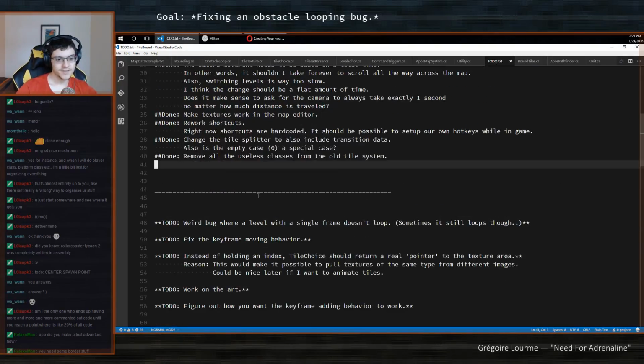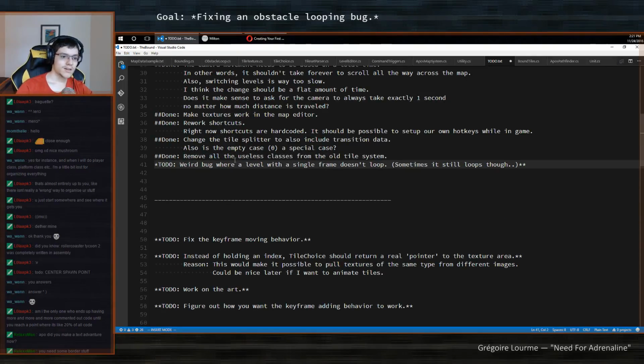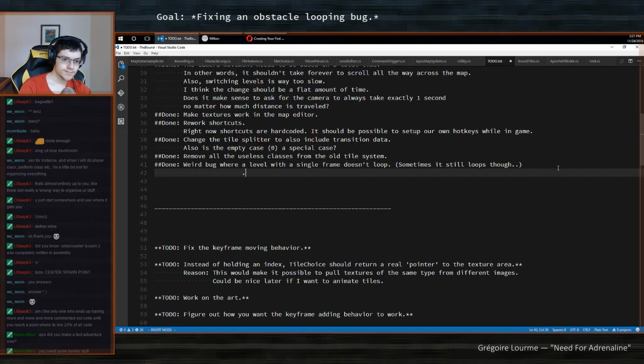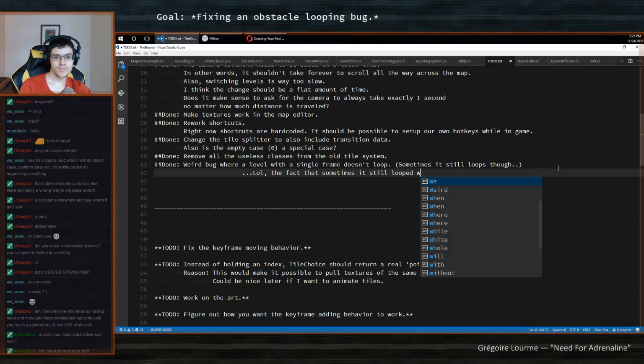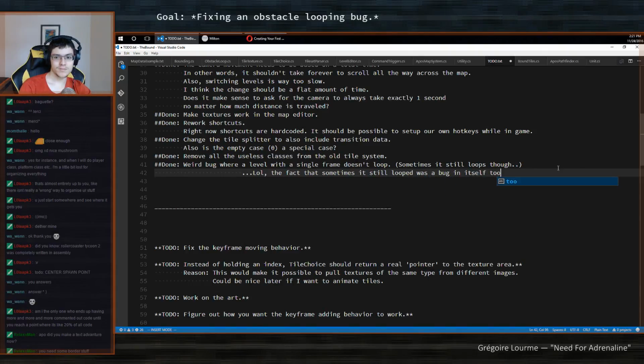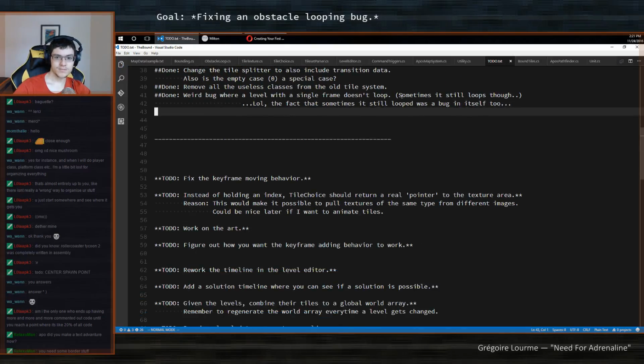Okay, so now this thing here is fixed. Weird bug where... Okay, fix the keyframe moving behavior. In other words, fix my level editor.